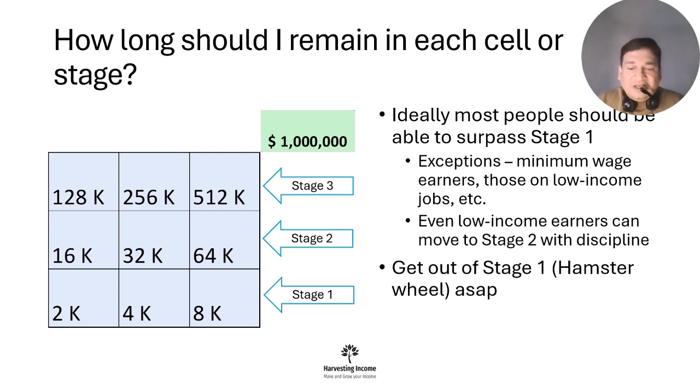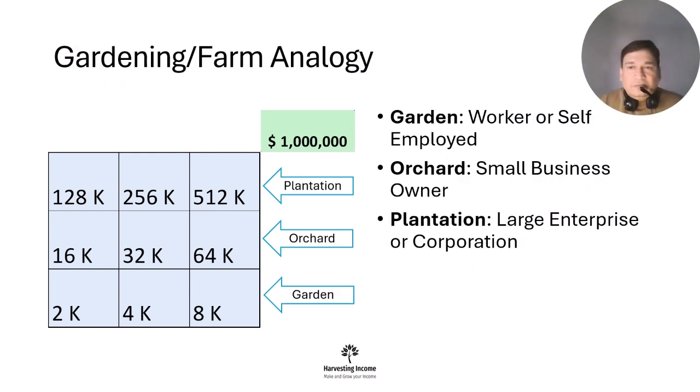Anyway, with that message, let's move to the next one. I already talked about different stages. I talked about this analogy of the gardener, the orchard owner, and the plantation owner. Let me quickly explain that to you here, and then we'll go to the last part, which is very interesting. I'm going to put this on the cash flow quadrant from Robert Kiyosaki's book, where he explains the cash flow quadrant framework, and that will help you understand this much better.